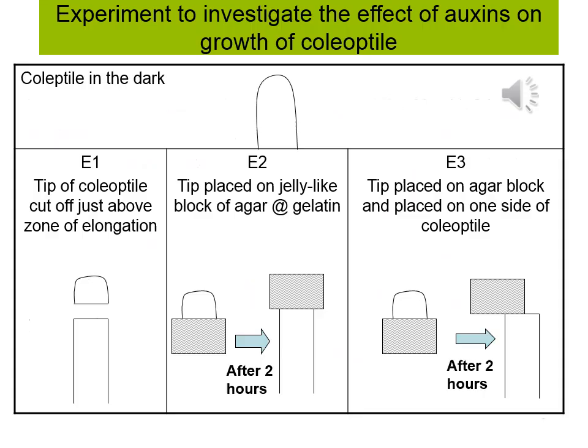Okay, this is the experiment to investigate the effect of auxin on the growth of coleoptile. First, we put the coleoptile in the dark to prevent the sunlight. For the first experiment, the tip of coleoptile will be cut off just above the zone of cell elongation. Experiment number 2, the tip is placed on the jelly-like block of agar or gelatin. The third experiment, we put the tip on the agar block but on one side of the coleoptile. Okay, so for the next slide, we can observe the